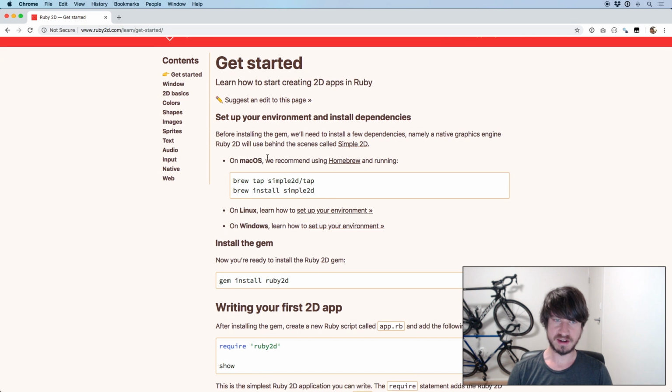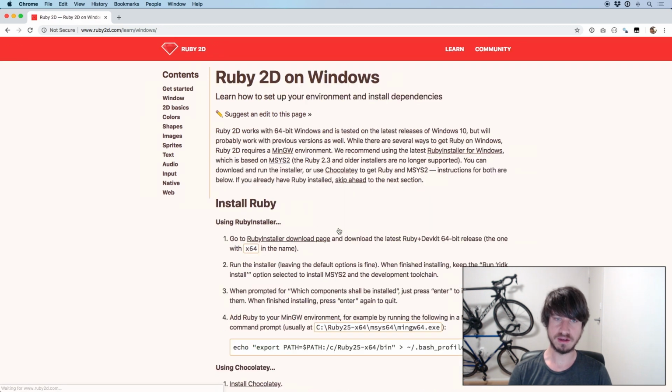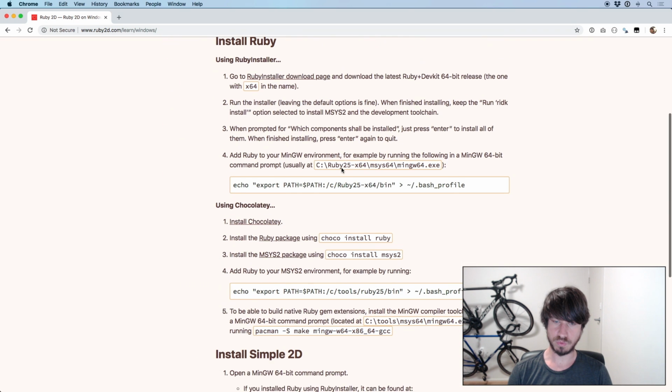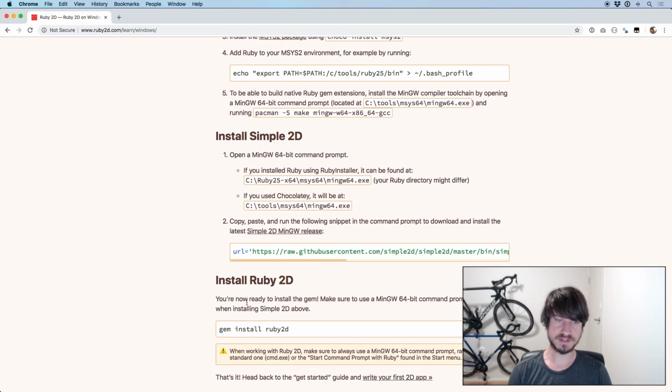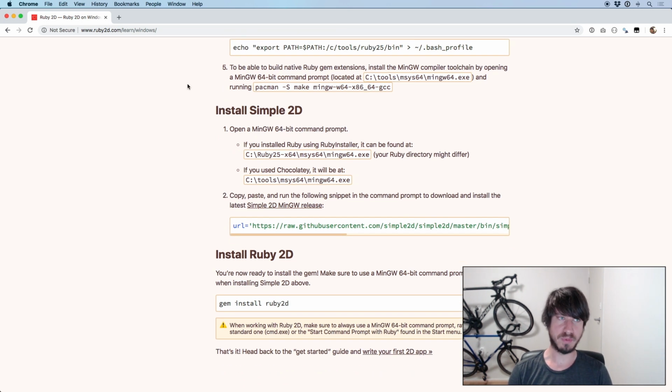Once we go to Get Started, there are some installation instructions here for all three major operating systems. If you're on a Mac, you can install Homebrew and then follow the instructions here. If you're on Linux, for example, or if you're on Windows, then you'll need to follow these instructions. These instructions will give you everything you need. They'll install Ruby, they'll install the Ruby 2D library,